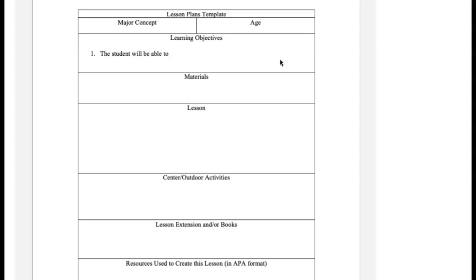The child will be able to create using loose parts. The child will be able to sort by color. The child will be able to, something along those lines, so I know what it is. Your materials, how you're going to teach the whole lesson. Okay, so that's going to be your small group time. The kicker is